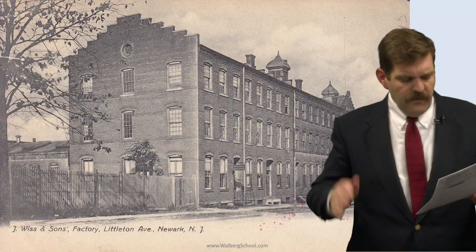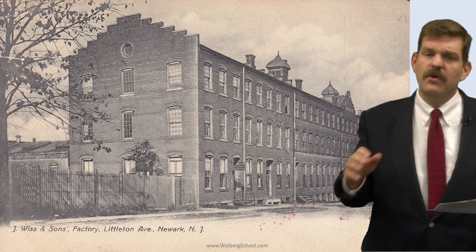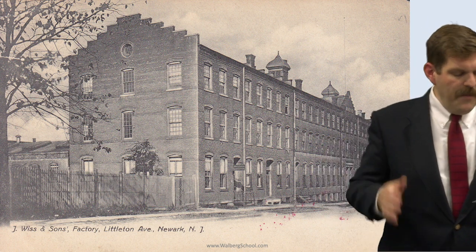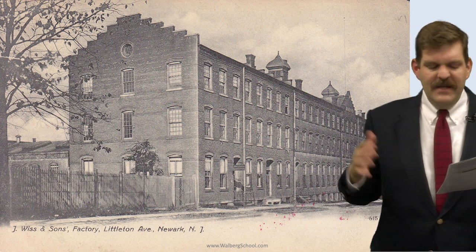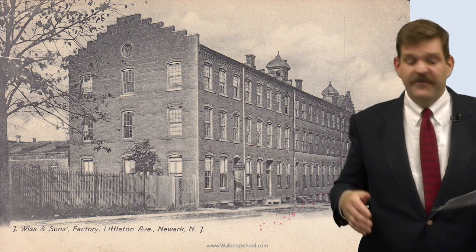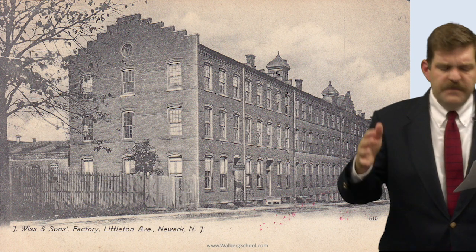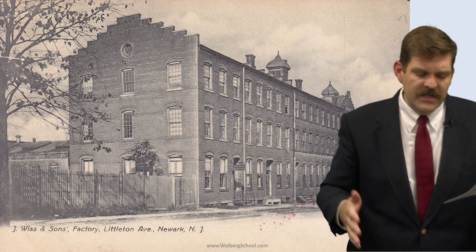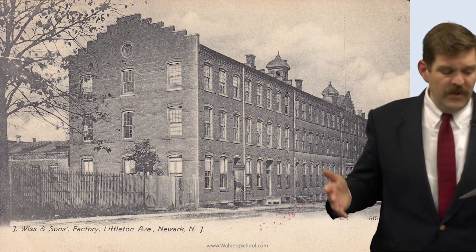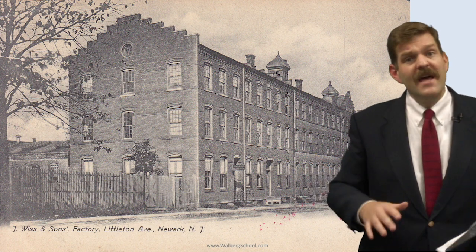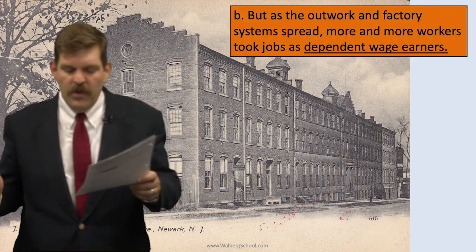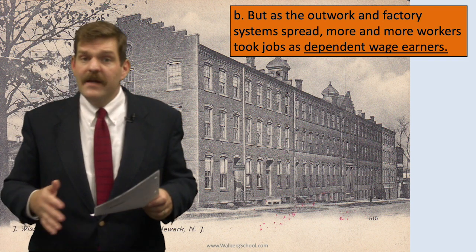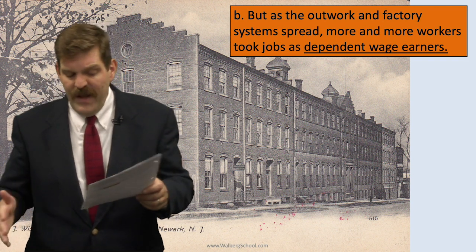Subpoint E. The Industrial Revolution changed the nature of work and of workers' lives. American craft workers depended on an artisan republicanism, an ideology of production based on the principles of liberty and equality. These people of these eras saw themselves as small-scale producers. They were equal to each other and free to go work for themselves. That changed with the outwork system and the factory system, and as those things spread, more and more workers took jobs really not as independent craftsmen, but as dependent wage earners.